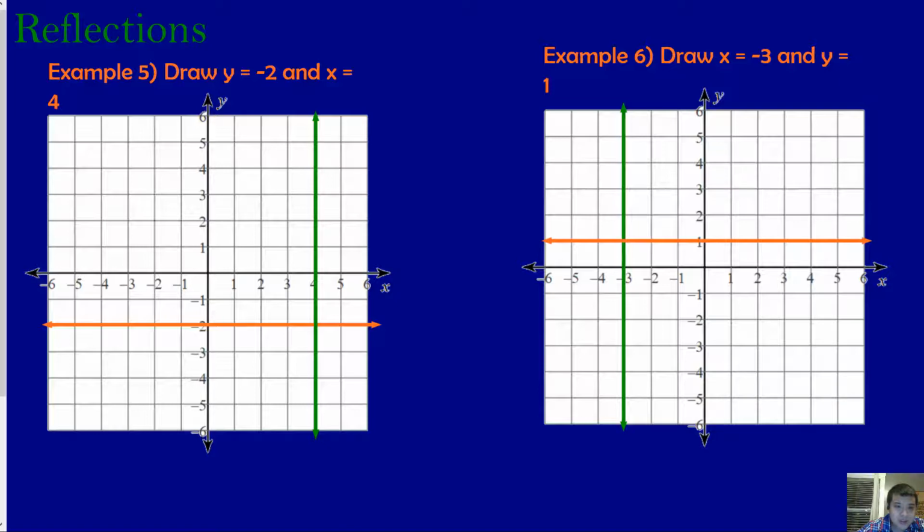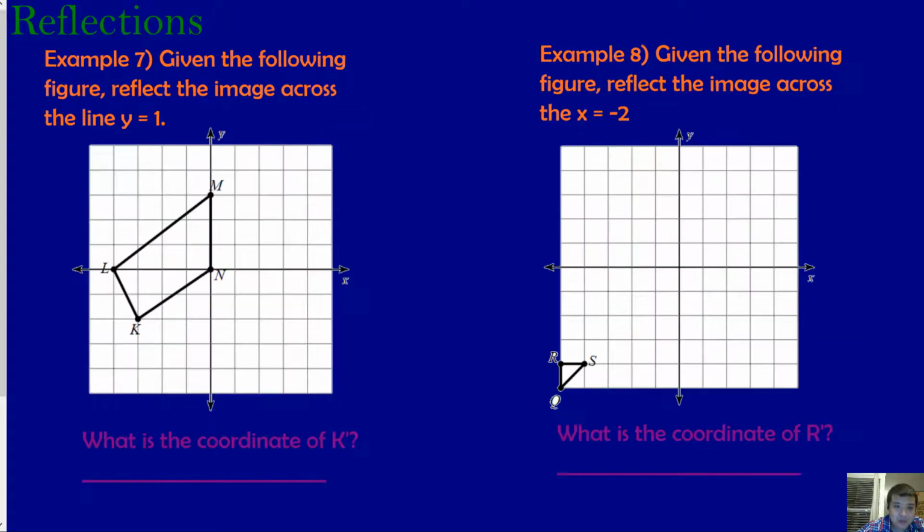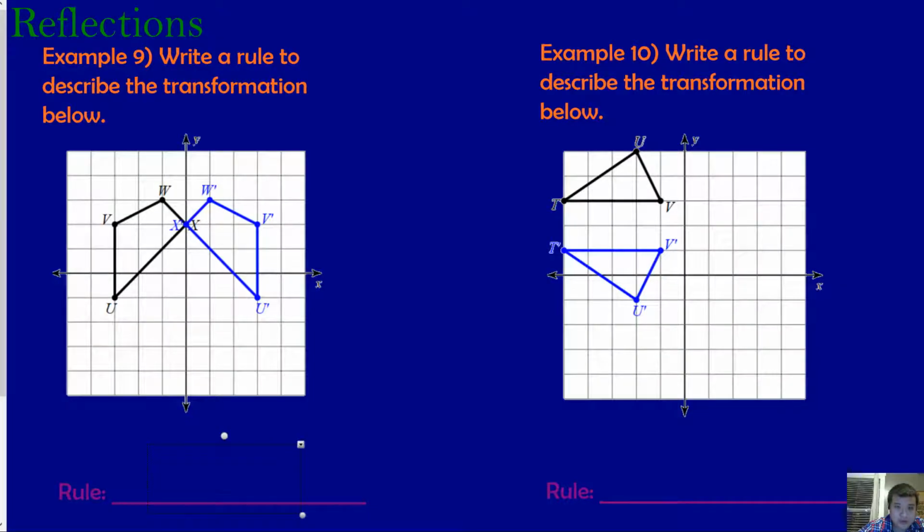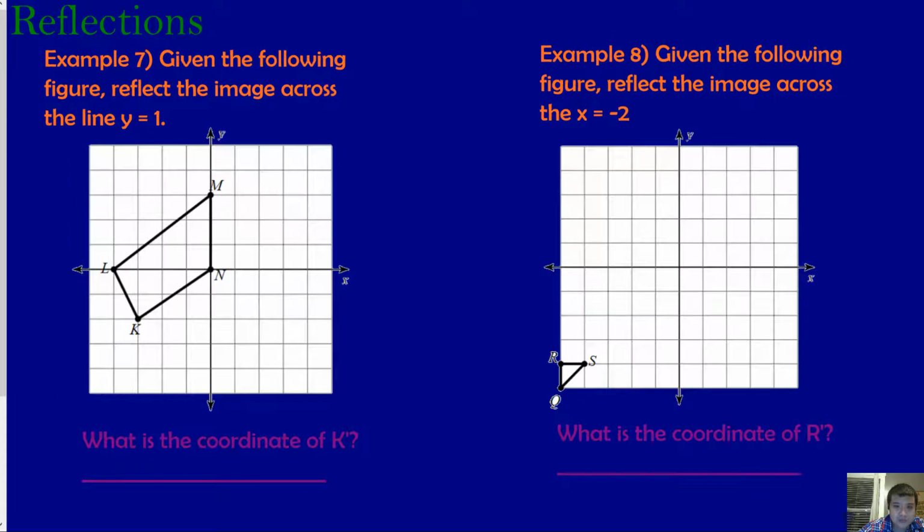Okay. Now, it says, given the following figure, reflect the image across the line y equals 1. Going back to the definition of what a reflection is, it's a transformation where every point on the image is the same distance from the central line, and the image is reflected over the line. So, if we're going to go back over to here, okay,